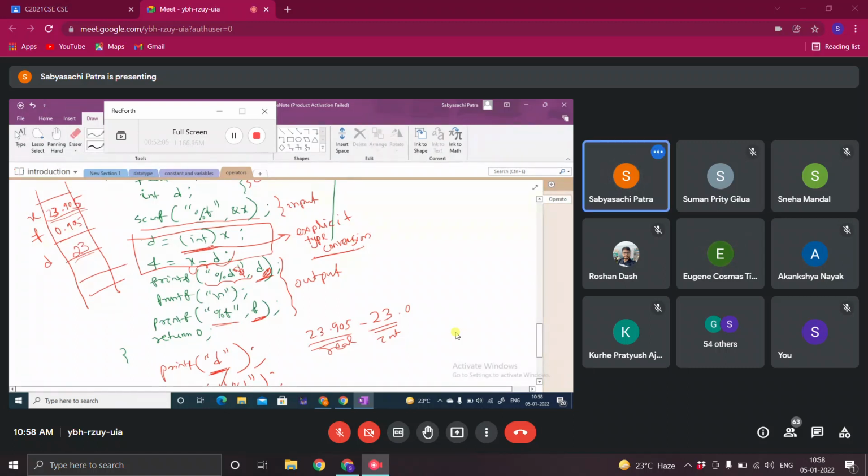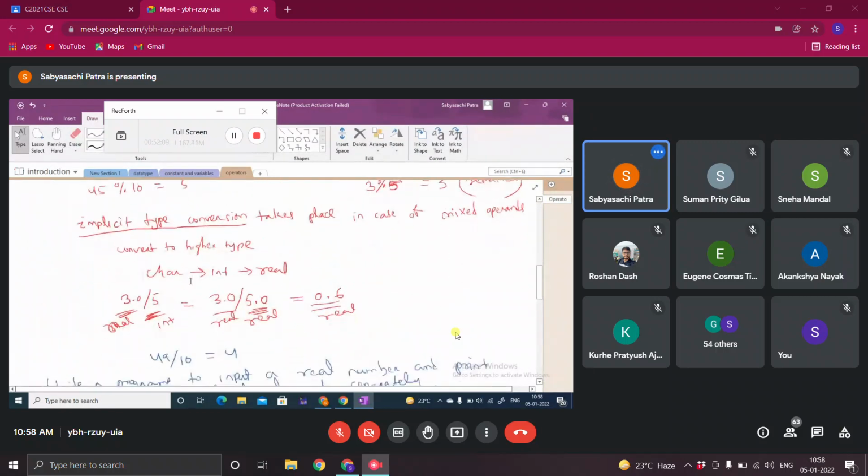Sir, when does implicit type conversion happen and when explicit? Implicit means whenever you have mixed operands. I have written the clear statement here. Implicit type conversion takes place in case of mixed operands. That is, two operands are involved in most of the operators, because I will come to that. Unary operator, binary operator, ternary operator.